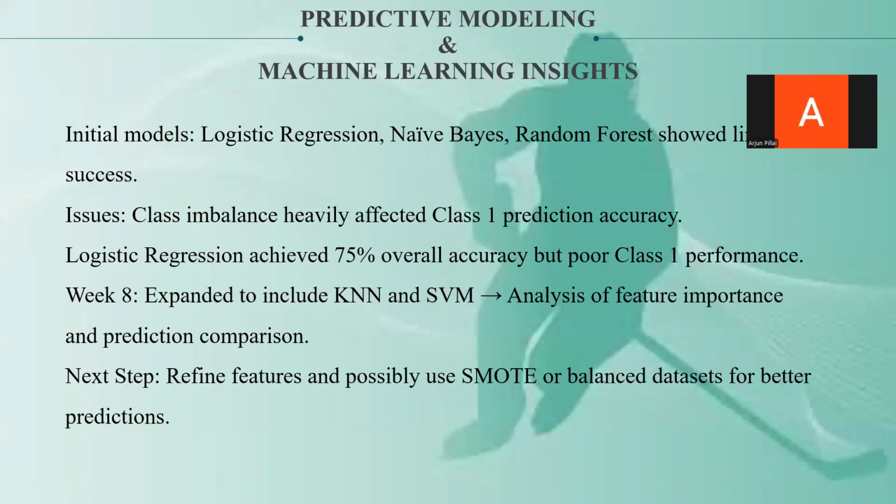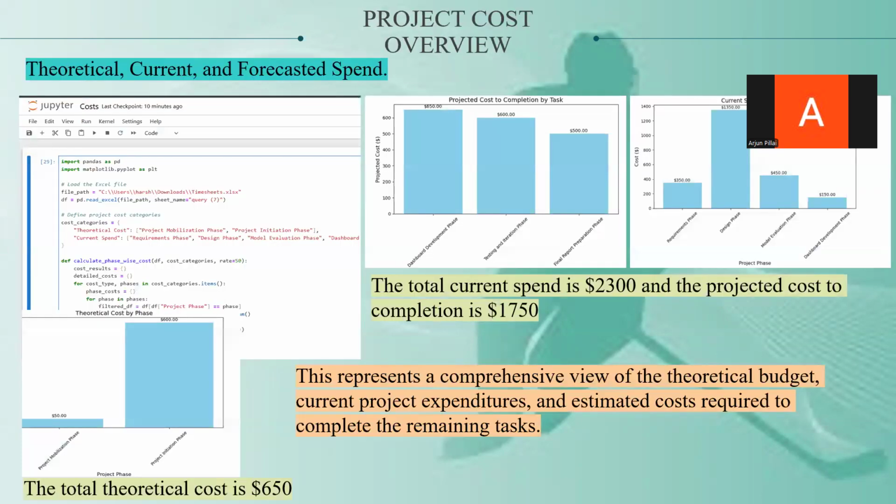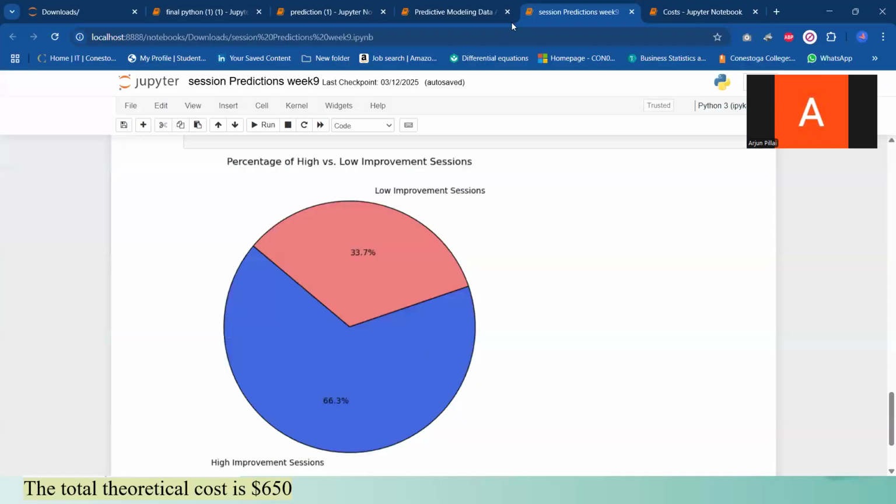So let's talk about the predictive modeling and machine learning. It explains the challenges faced with initial models like logistic regression, naive Bayes, and random forest due to class imbalance, which affected class 1 prediction accuracy. Although logistic regression achieved 75% accuracy, it struggled with class 1 performance. To improve predictions, KNN and SVM models were introduced in week 8 for better analysis of feature importance. Next slide, please. So over to the Jupyter notebook,